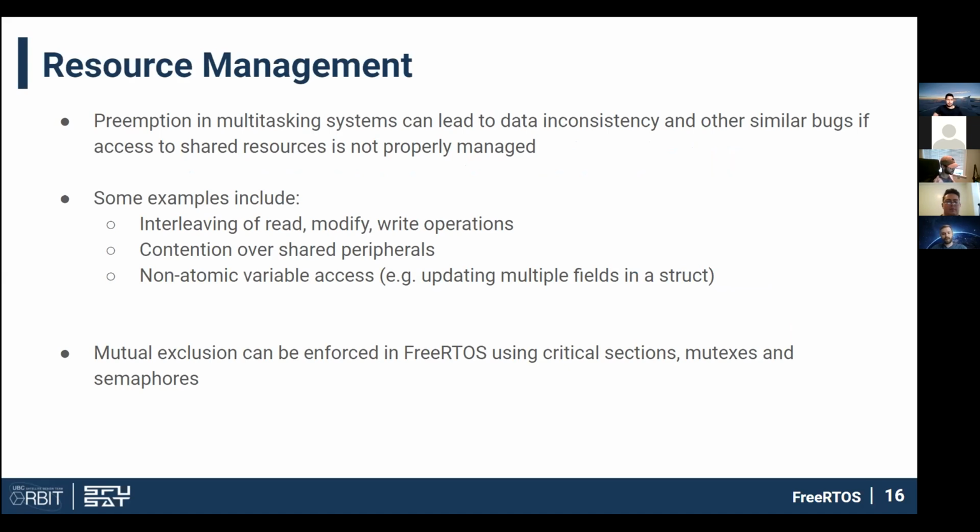So a common example of a race condition that you'll see in any systems programming course is like a bank ATM, right? So say you are trying to withdraw $10 from your account. Your employer is trying to deposit $20 into your account. You read your account balance, you have say $100. Your employer at the same time reads your account balance, sees $100. Your employer then pays you $20, writes your account balance back. Your balance is now $120, but you weren't aware of that update, right?